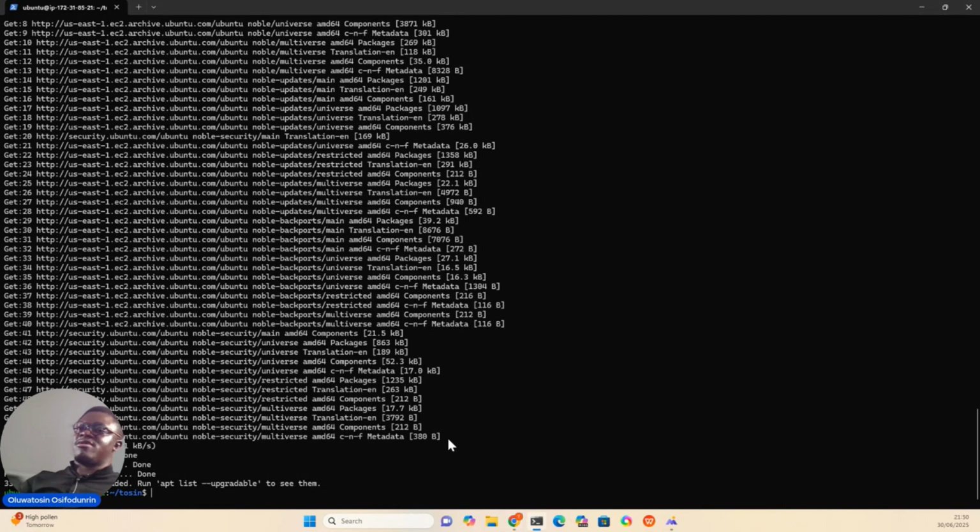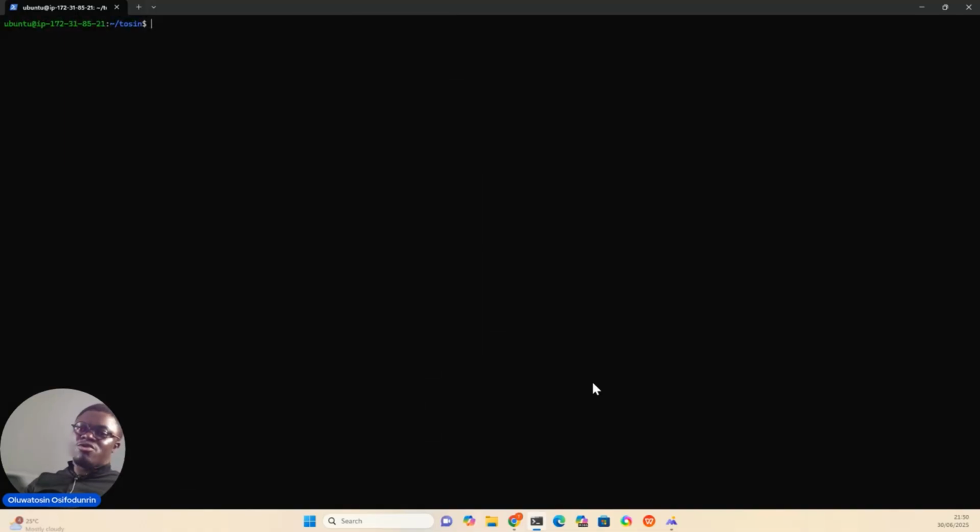Now I want to clear my screen because it's too crowded here. Do you want to guess what command I need to run to clear my screen? Just guess: Control L. Or if I type clear, clear also works. So clear will clear your screen. So we are able to cover sudo,